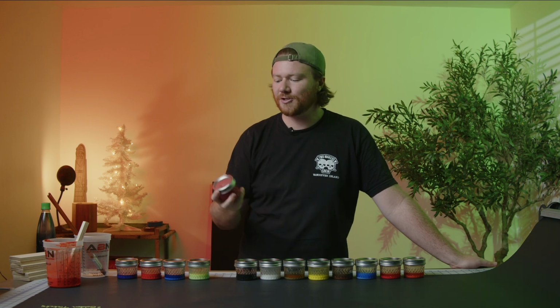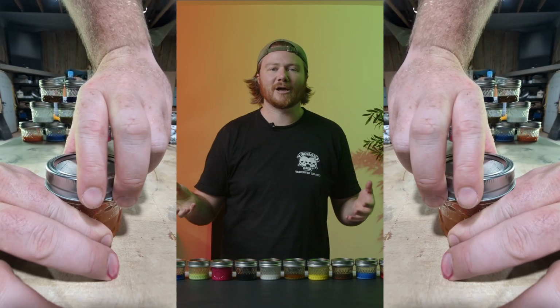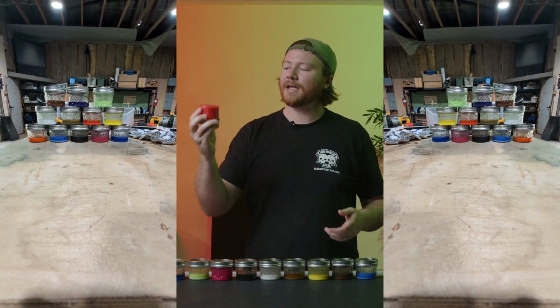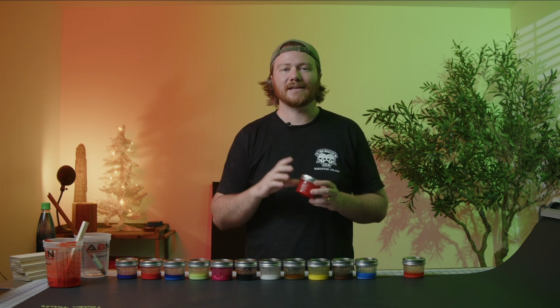The very simplified version to make your own wood stain is to put in paint, put in some type of solvent, and then shake it up in a closed container, and that is your stain. Today we're going to be using oil-based paint and lacquer thinner, and the combination of those two things makes a really great mixture. We're going to be putting it in these tiny jars so that we can shake it up, because you constantly need to agitate your mixture in order to get nice, clean,